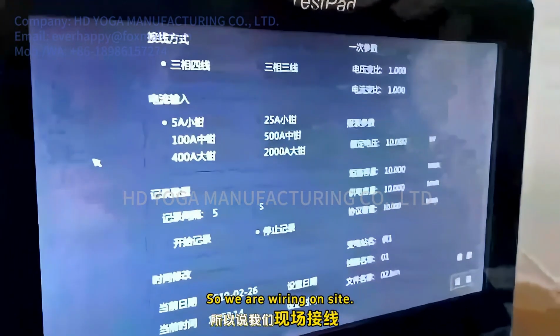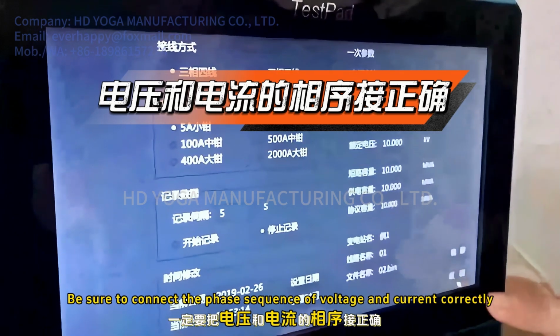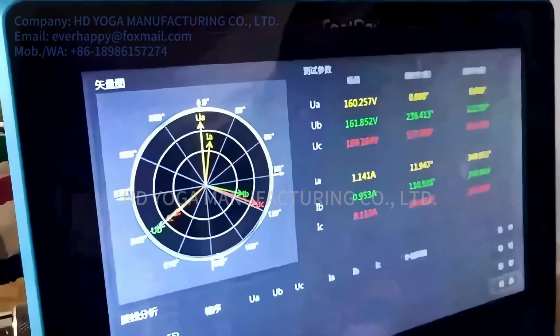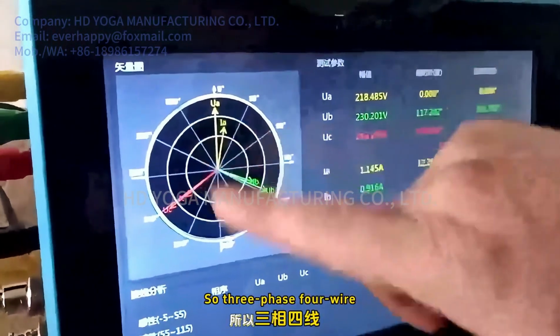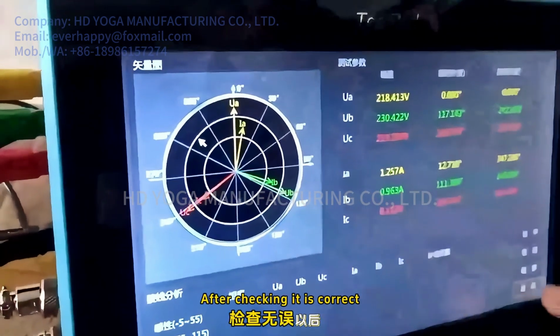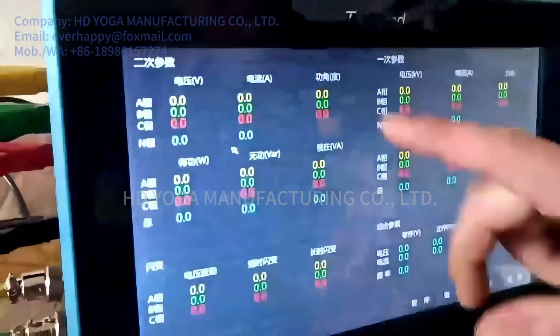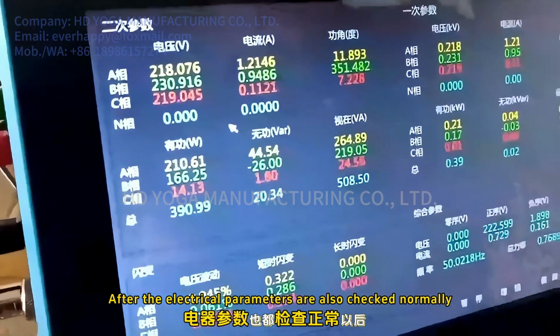So when we are wiring on site, be sure to connect the phase sequence of voltage and current correctly. So 3-phase 4-wire is correct only if this phasor diagram is correct. After checking it is correct, and after the electrical parameters are also checked normal,